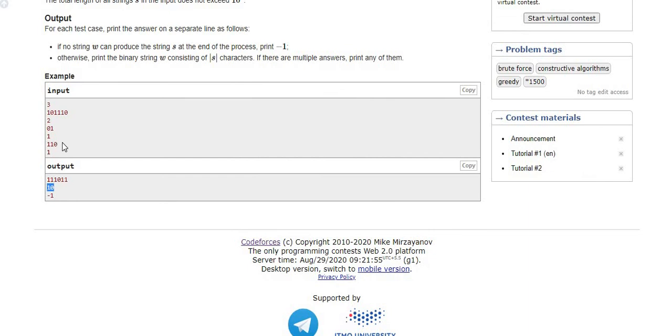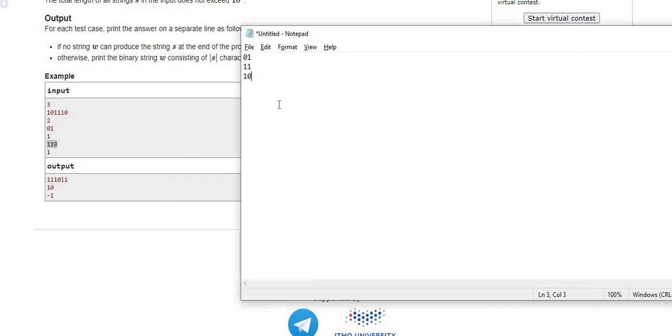Now take 1 1 0, and the x value is again 1. For the first character i minus x is not applicable, but i plus 1 holds the 1, so we can have 1 for the s string. For the next character, i minus x again gives us the 1.